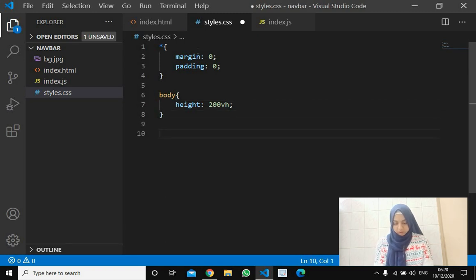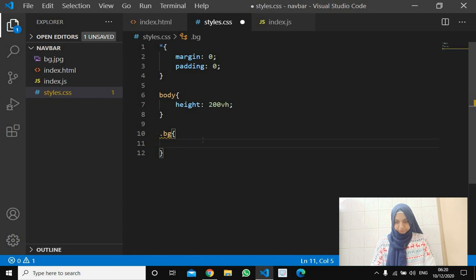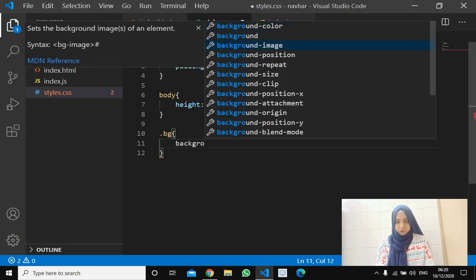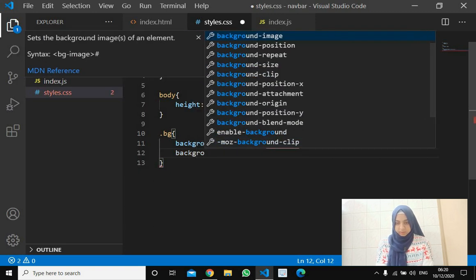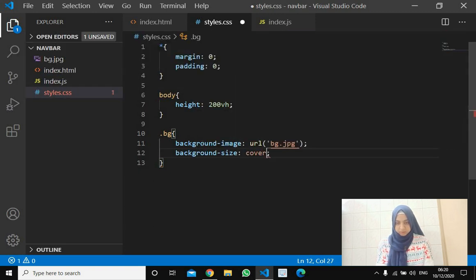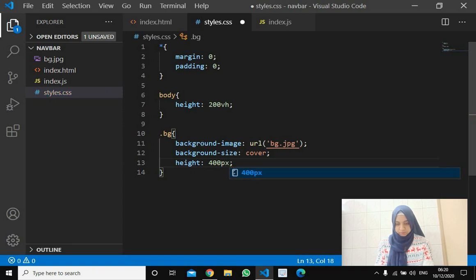And now let's target the bg class, the class over here. It will have a background image called bg.jpg. Let the background size be cover, and let's give it a height of 400 pixels.